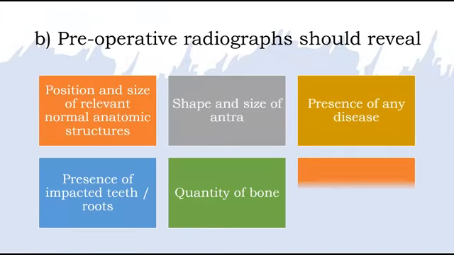The preoperative radiographs should reveal, number one, the position and size of relevant normal anatomic structures, including the inferior alveolar canals, the mental foramina, the incisive or nasopalatine canal, or the nasal floor. Second one being the shape and size of the antra, including the position of the antral floor and its relation to the adjacent teeth. The third one being the presence of any underlying disease that could compromise the outcome of the treatment, such as osteosclerosis, presence of any buried teeth or retained roots,